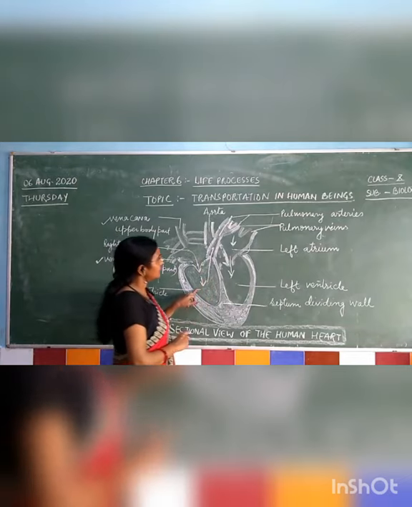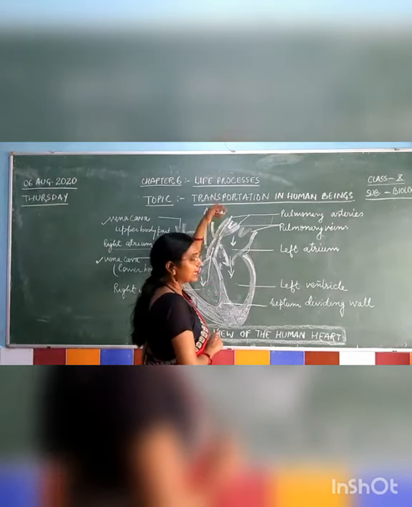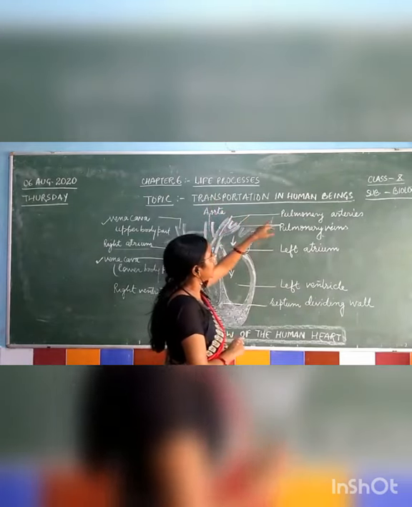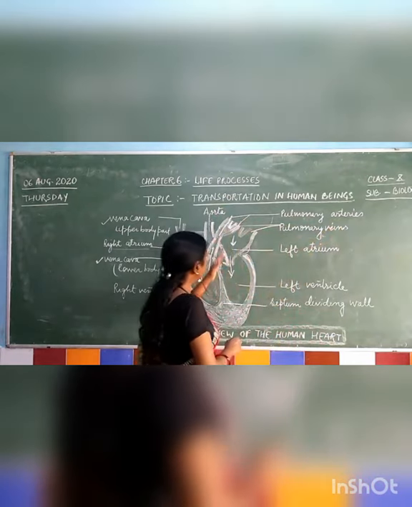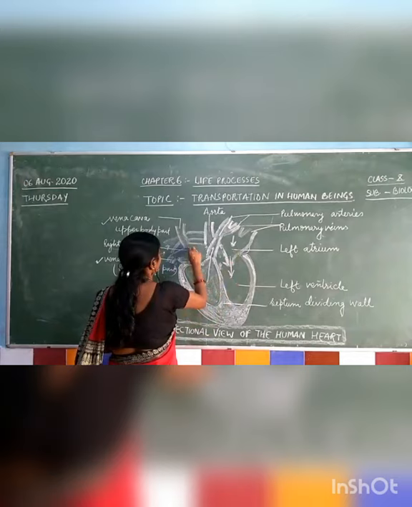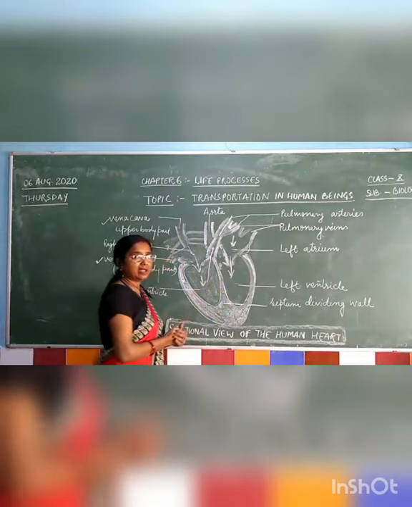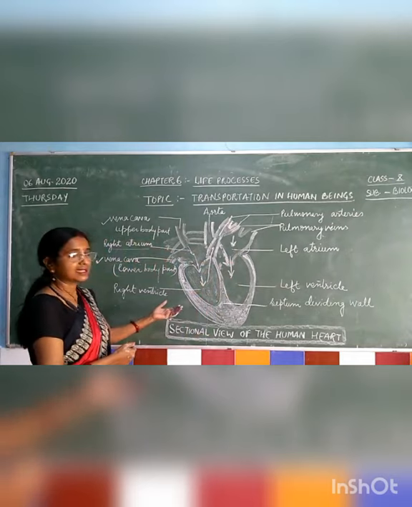The right ventricle soon supplies this blood to the lungs to be exhaled, for purification by means of the pulmonary arteries. This is the sequence starting from the arrow. Very easily you can understand how the blood is transported with the help of this pump, that is the human heart.